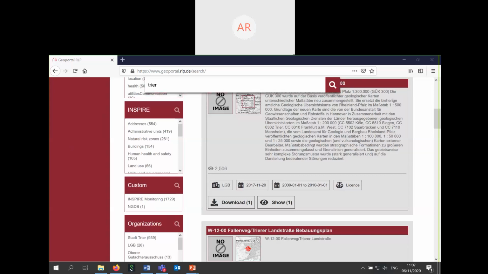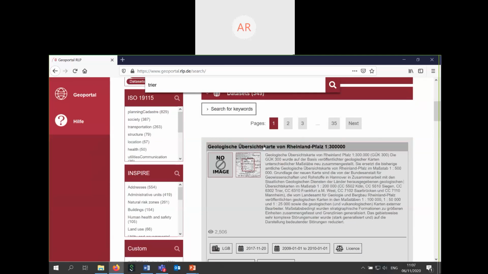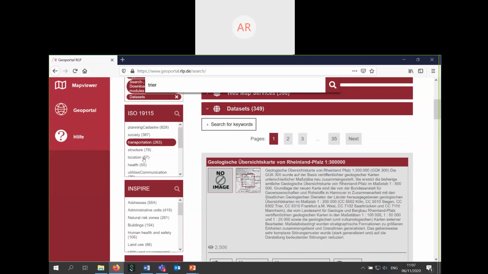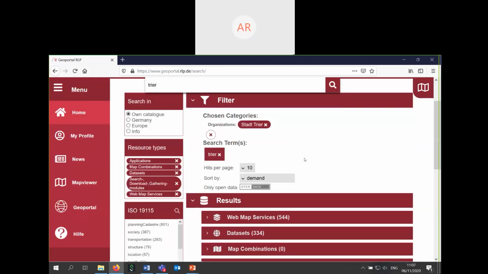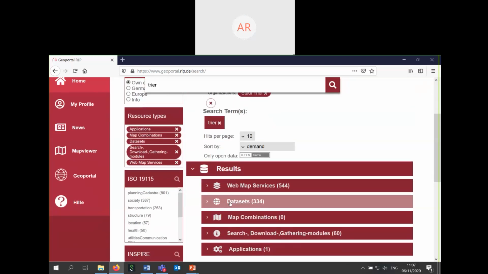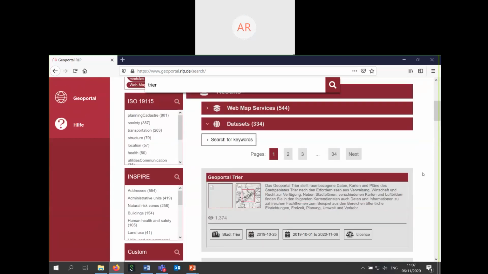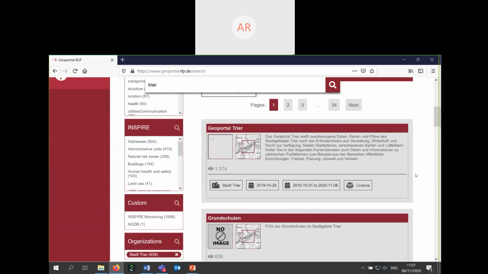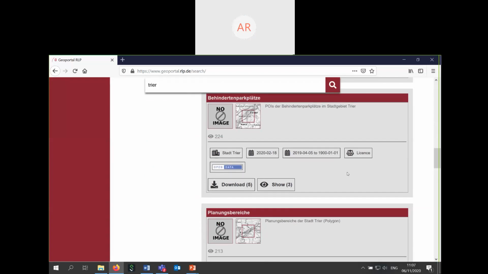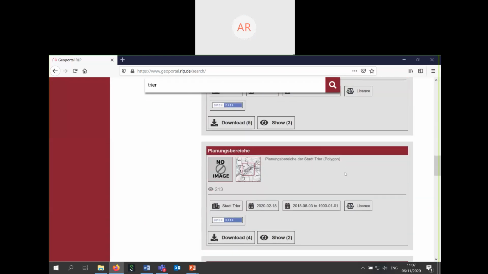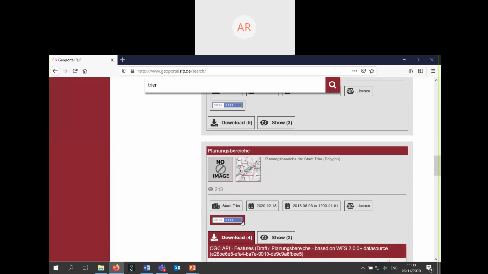You see the organizations, Stadt Trier, the first entry in the organization facet on the left side. And now the datasets. We have many, many datasets. If you go a little bit down, maybe you can use Planungsbereiche and download four results.